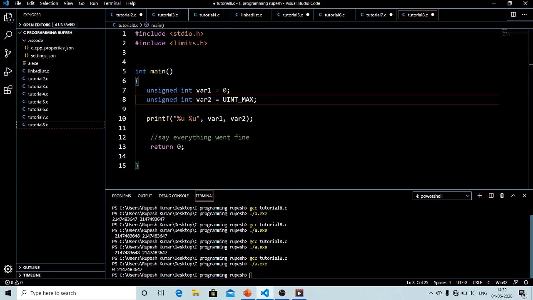So that's it for this video. I hope you understood the whole concept about writing the code to find the range of a data type. We will meet again in the next video, which will be on data types only, but in that video we will talk about the char and float data types in detail.